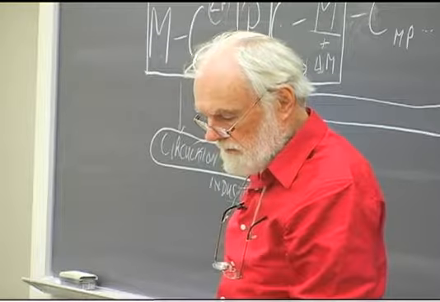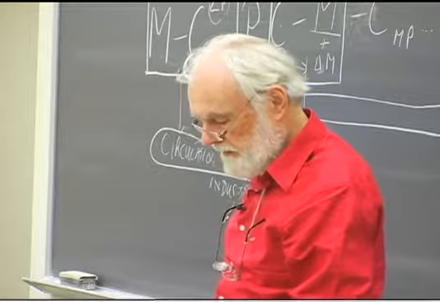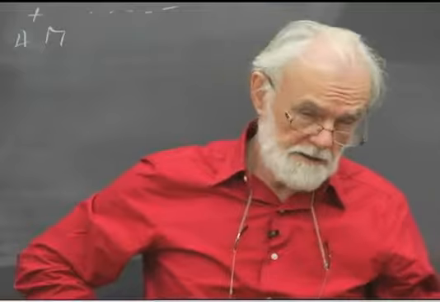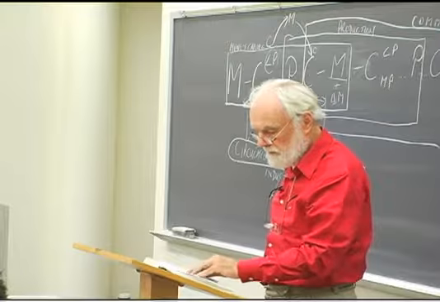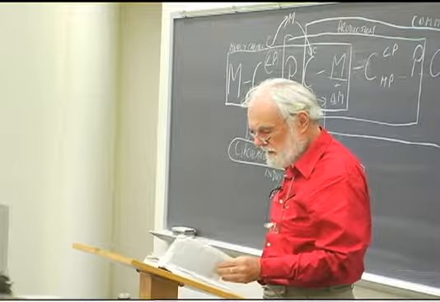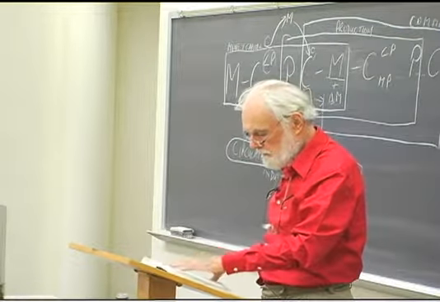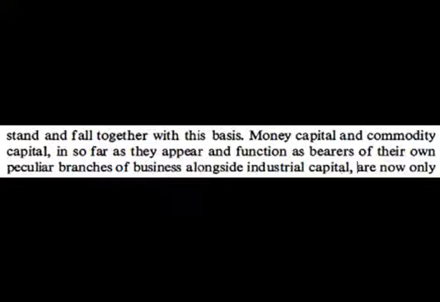Now, what this then gets into is some stuff about fixed capital, and then there's some stuff about transport. Transport comes into being in a later chapter, so I'm going to delay consideration of transport till we get to chapter 5, I think it is. But he concludes, in what to me is a very important way, on page 136: money capital and commodity capital, insofar as they appear and function as bearers of their own peculiar branches of business alongside industrial capital,